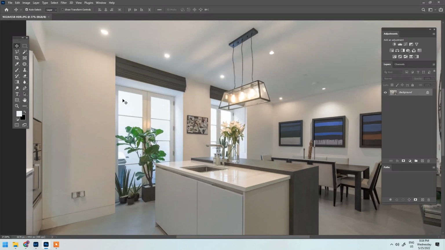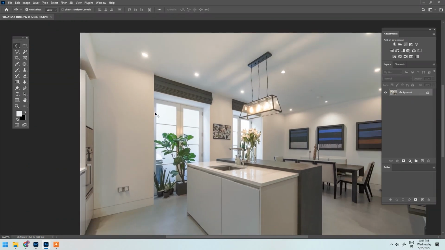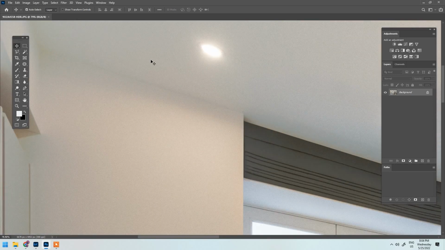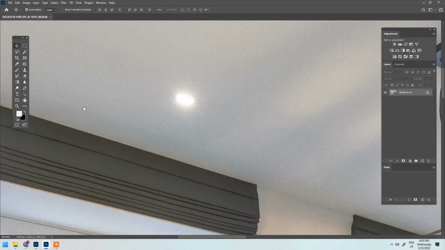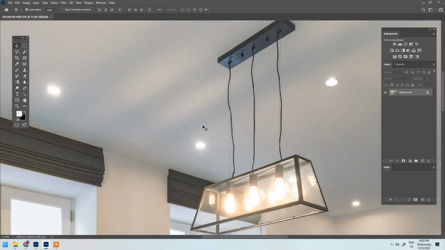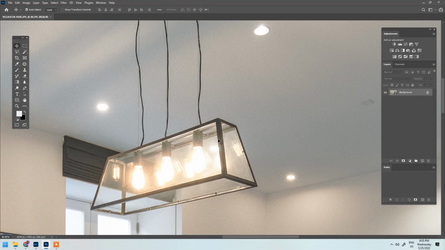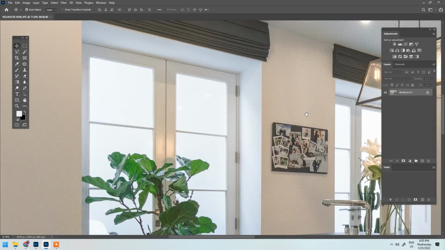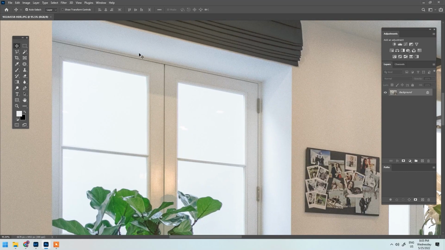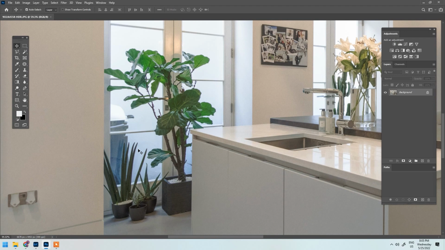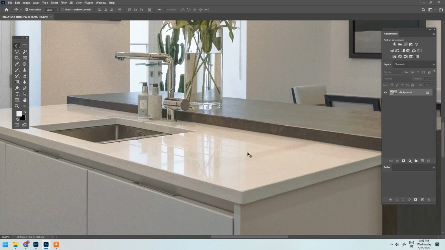So in this image, as you can see, we have to correct many more issues. First of all, the graining issue is the main thing which we have to resolve. Remove all the grains. We again see there is some blue on the door frame over here that needs to be removed, and